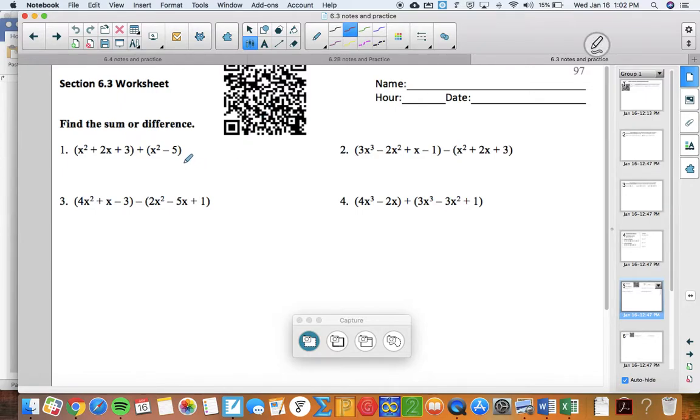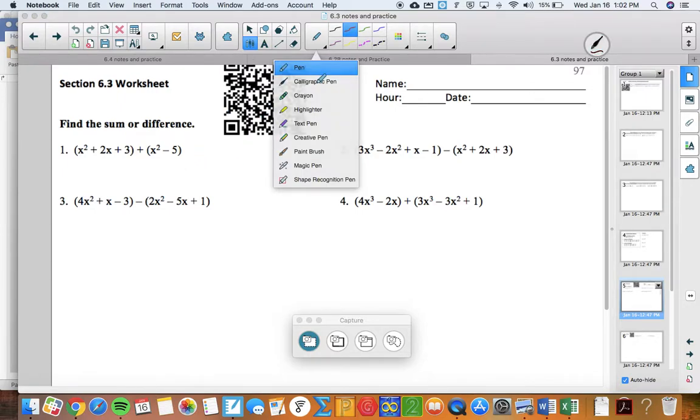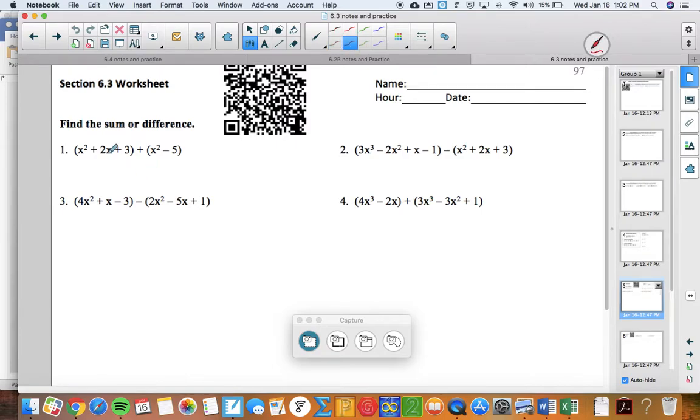Subtracting them, all that good stuff. So in number 1, we are adding the polynomials together. Really don't even need parentheses here. We're just